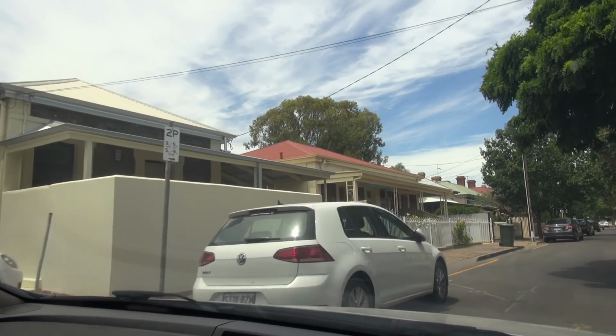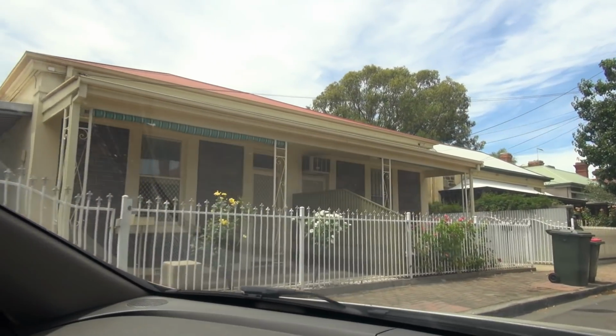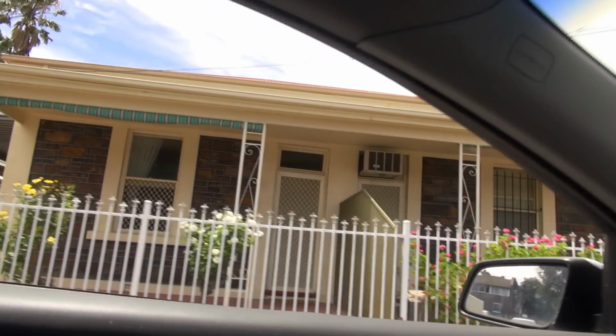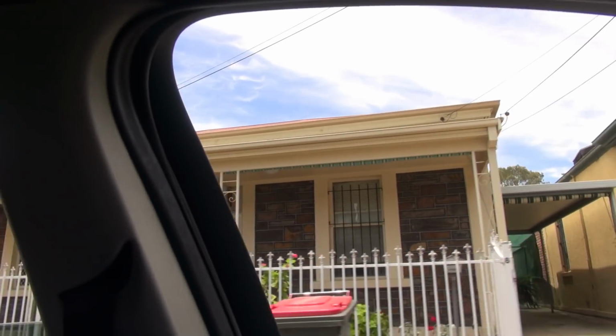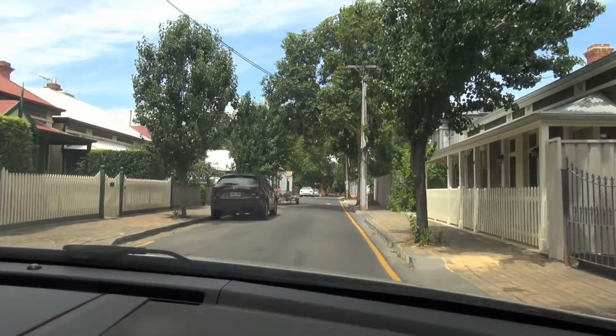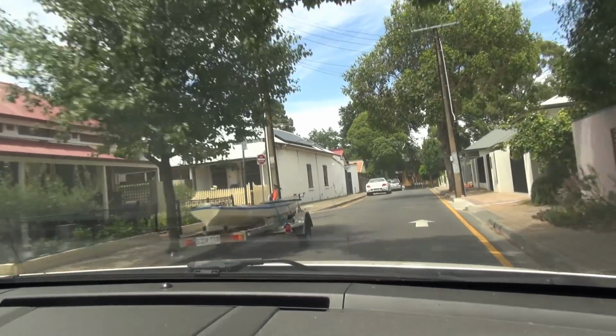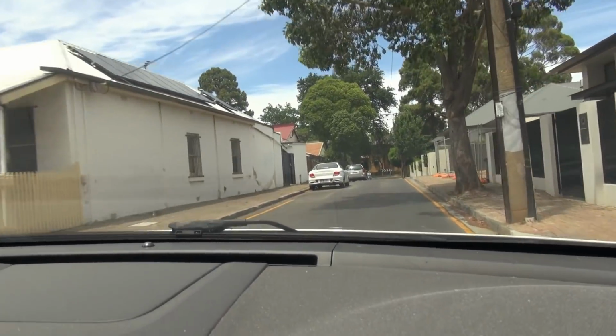So the right hand side of this little late 1800s maisonette cottage, number 8, is where Mr. James William Chesson first lived as a child. And I'll elaborate on that further into the video as we go. So as we keep moving down Church Avenue here,